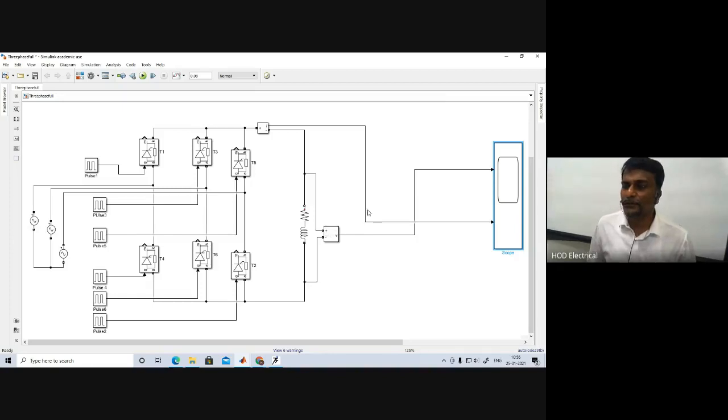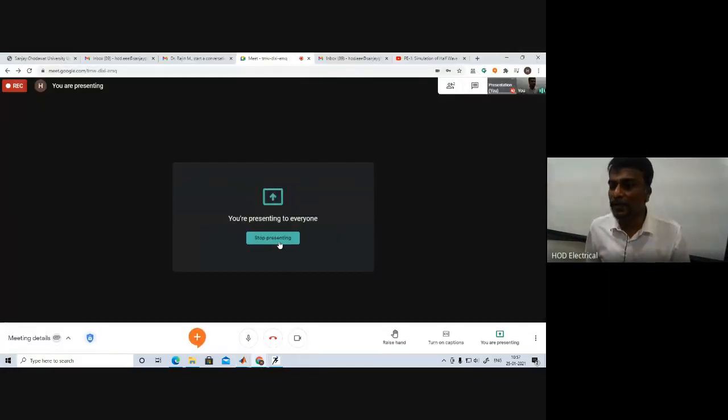So likewise we can analyze the three-phase full converter. We already know that if the firing angle is less than 60 degree, continuous conduction; if the firing angle is greater than 60 degree, discontinuous conduction. So up to 60 degree, even though the load is inductive, there are no negative sinks in the output voltage. But once the discontinuity starts, if the inductive load is there, automatically negative sinks appear in the output voltage. Until the negative sinks, we will have a positive current.